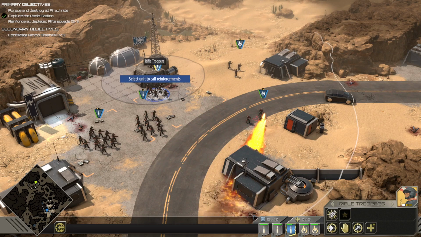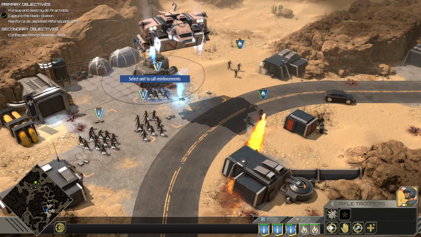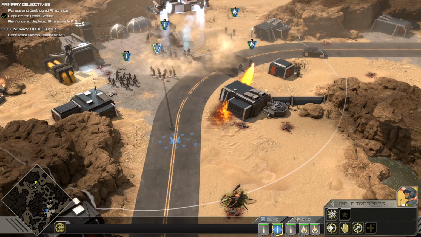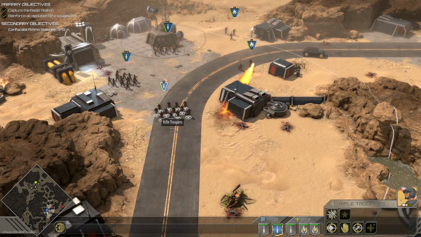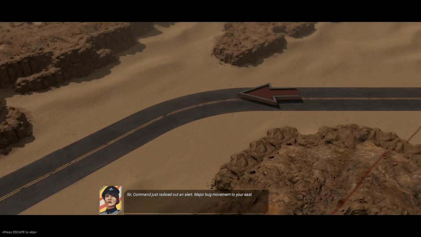Okay, so here's how you call your reinforcements. You pick a squad, or you pick all the squads, right? You hit reinforce and you pick where they're gonna come down. Now, one of the things I don't like about the game, if these guys are way over here and they need to be reinforced and you want them to hold this ground right here,